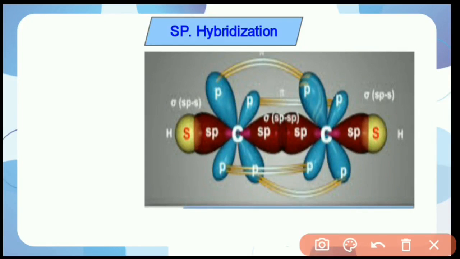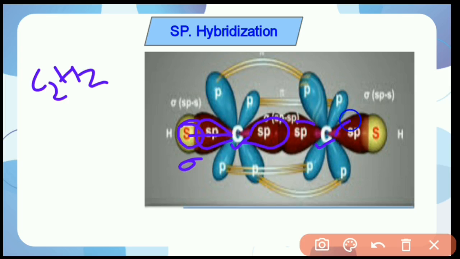Next example of sp hybridization in organic compound is C2H2. This is an alkyne. So in this alkyne molecule, 2 carbon atoms are sp hybridized. So each carbon atom has 2 sp hybridized orbitals. One hybrid orbital bonds with the hydrogen s orbital and forms a sigma bond. Similarly, the other carbon atom also forms a bond with hydrogen s orbital, and